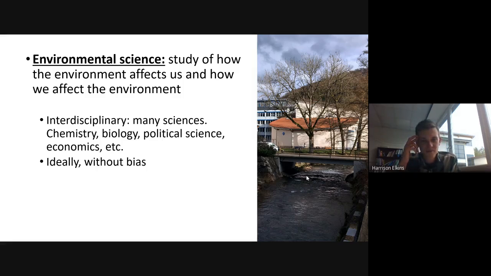So for instance, environmental science might say what the temperature of this creek is and what the pH of the water is, but it's not going to tell us certain opinions on whether the creek is good or whether the creek is bad. Those are different opinions that we can come up with based off of what environmental science is telling us. Okay,